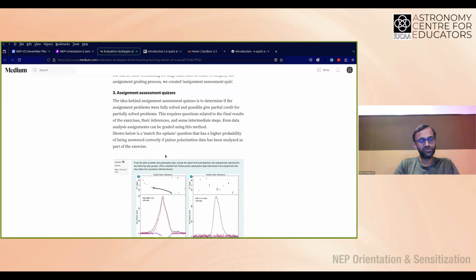Now, there comes a question of, when you have a large number of people taking an online course, how do you grade these assignments? For this, we adopted a strategy where we use both actual grading of the assignment that is submitted, and also objective grading based on what we think they should have gotten in the assignment. So we have assessment quizzes that are related to the assignments.